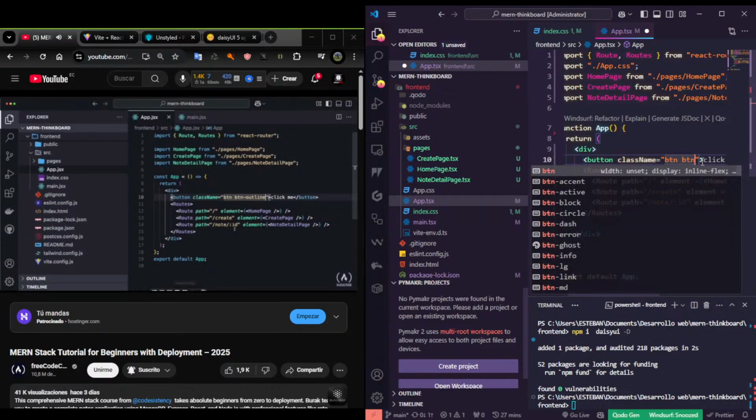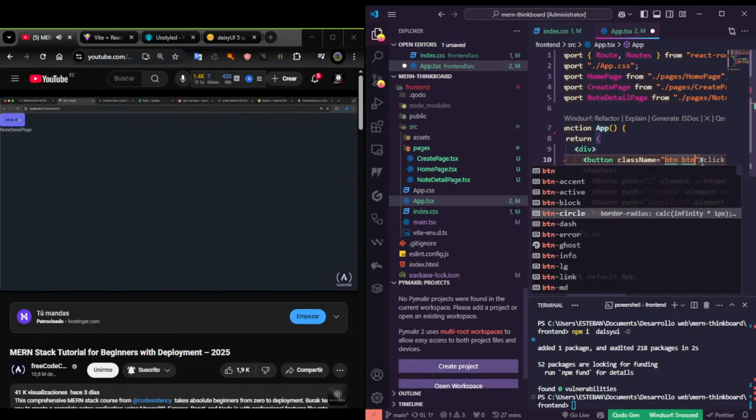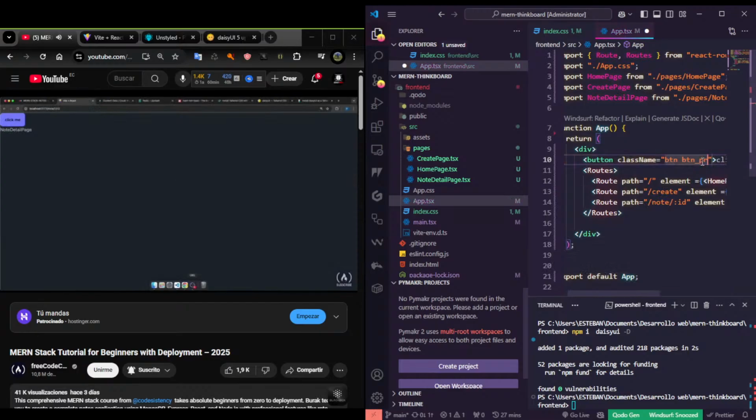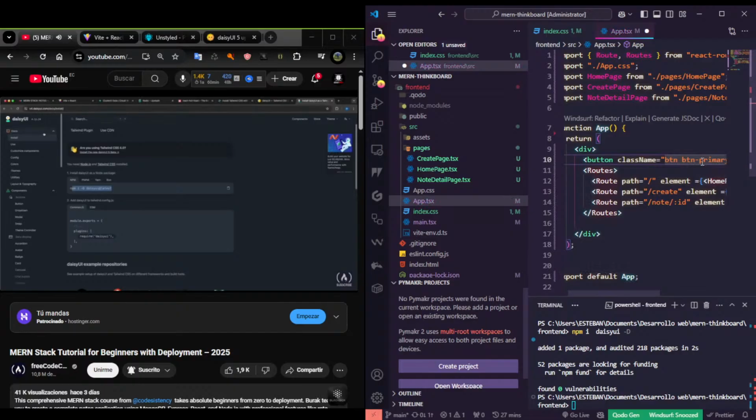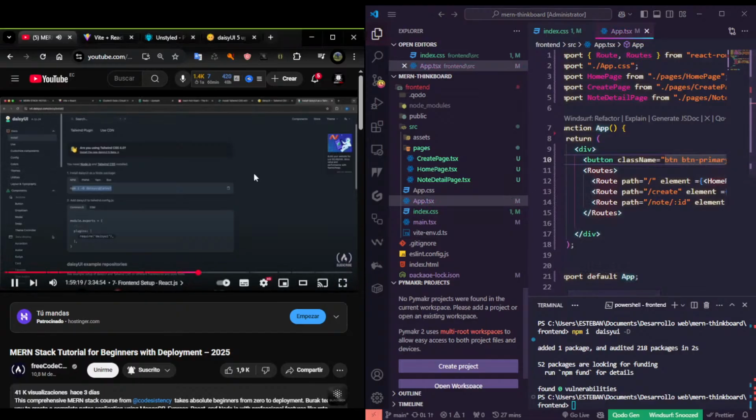Now this is the outline. We can have btn primary. So this is how that would look. And basically we have a bunch of different components. So we can go under the documentation and